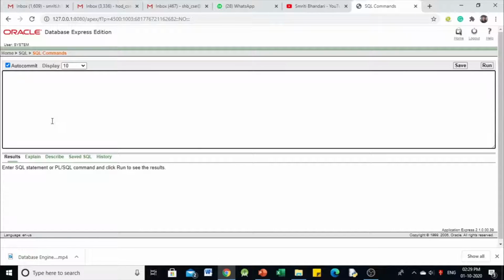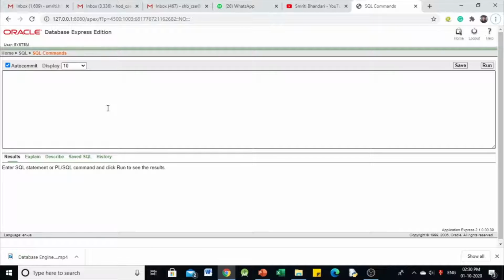Okay, so this is our SQL command window wherein we are going to provide the SQL statements. Now let me tell you, before actually going for creating the schema, we are going to create our own user. I'm not going to provide you details of how to create the users, and I'll be explaining only these commands. You need to follow those commands, and later on whenever the turn comes for that kind of experiment, I'm going to provide you how to create the users and how to grant the privileges. But right now, as far as this demonstration is considered, you are supposed to create one user and give all the permissions to that user so that we can build the schema.